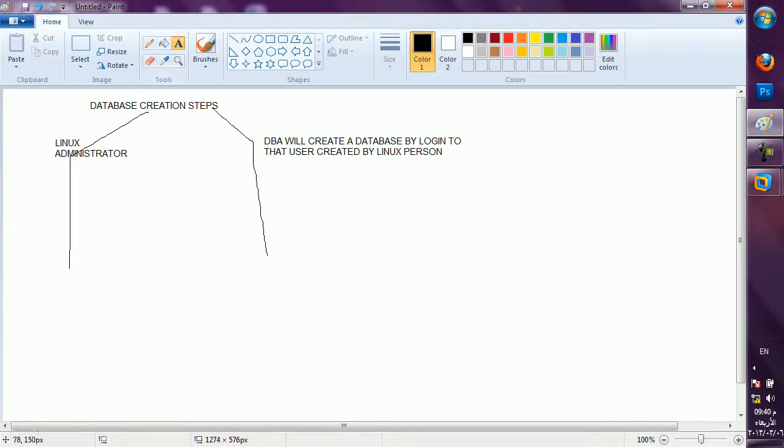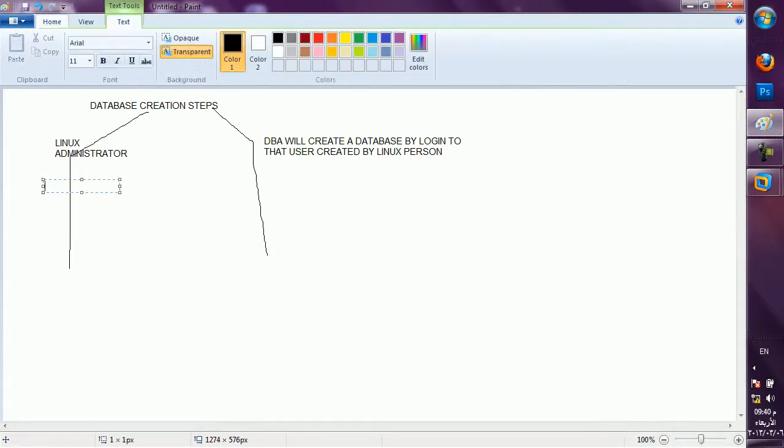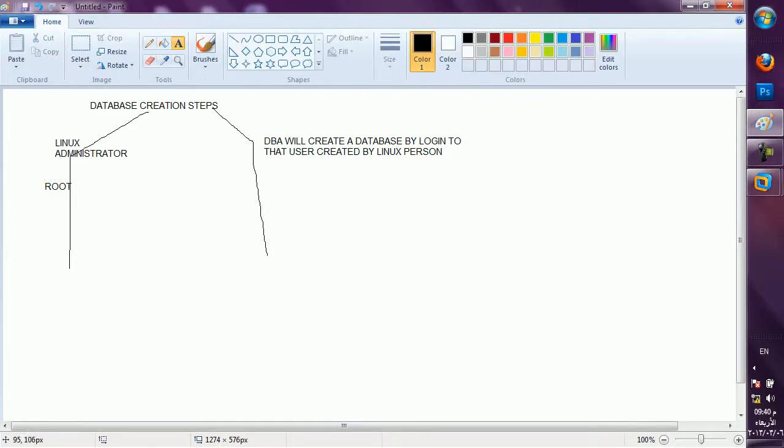Okay. So by default, the Linux administrator login is root. As the Oracle person's logins are sys and system, in the same way the Linux administrator login is root. Now on my PC, the password is root1234. We will just check what password is there. So first I will go with root login while starting Linux, and I will create one user.